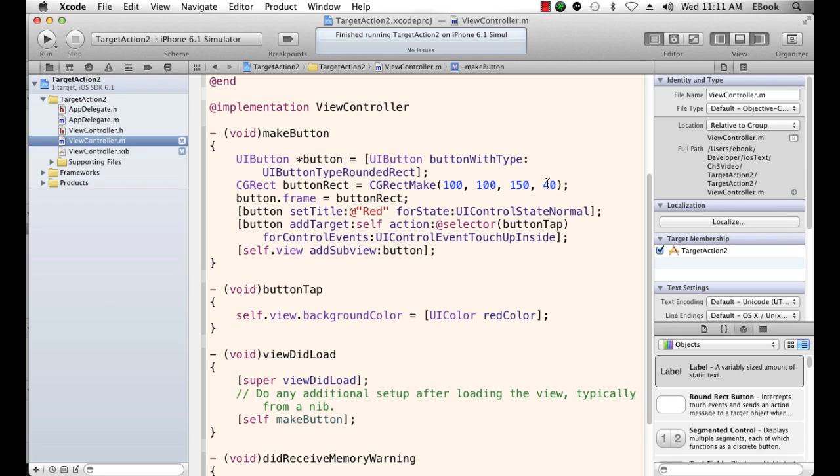The action is a selector, and we've created a selector for the button tap method. And here is button tap again. And then the control event that we've used is UIControlEventTouchUpInside. Now, if we can't remember that long designation, then we can go back and type our colon and then start